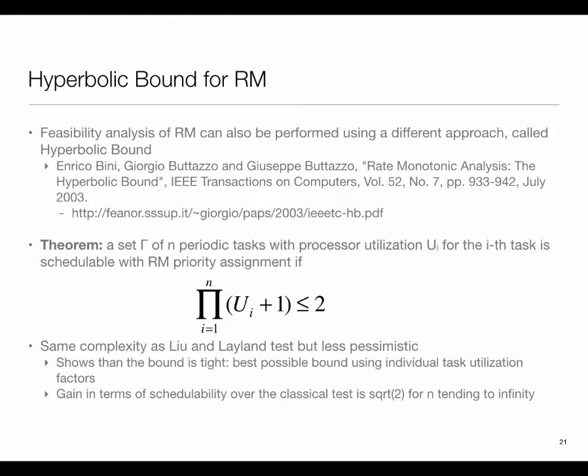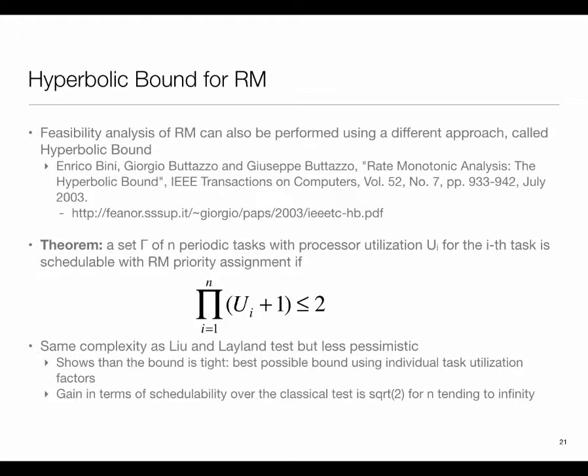But this bound is actually much better. This curve lies much higher up. So now we revise our strategy. If I'm giving you a task set where either rate monotonic priority is already given, or no priority is given, so you're going to make it rate monotonic because we know rate monotonic is the best you could do, then you are going to apply this formula. If this results in less than or equal to 2, you know it is schedulable.